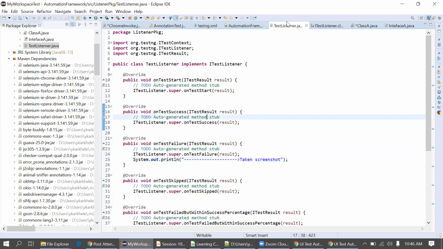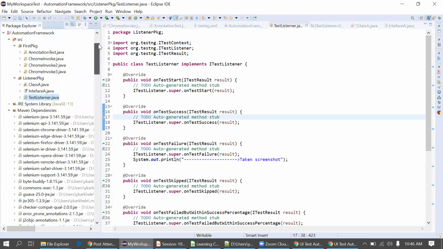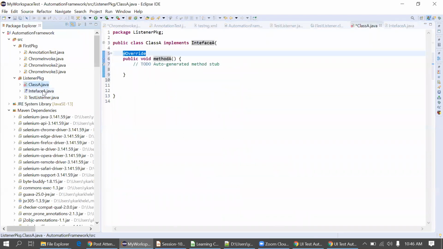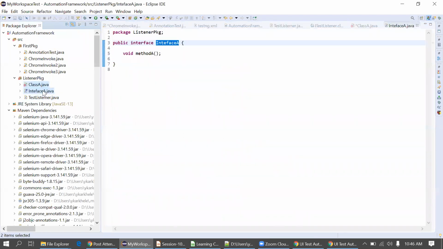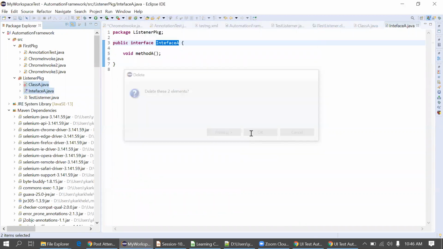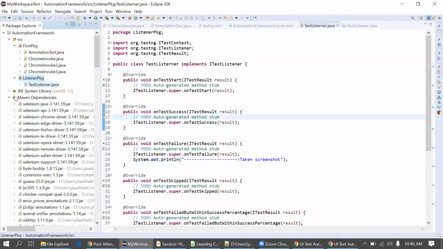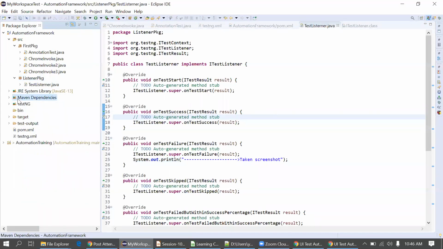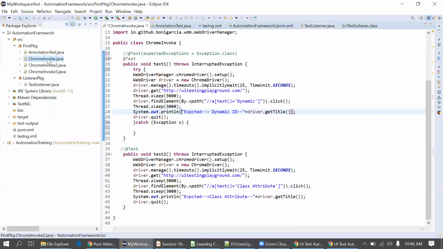So I have defined the test listener here. Now I'm deleting these old classes, the interface and class A. I'm minimizing this below part as well. I'll just continue with this Chrome invoke.